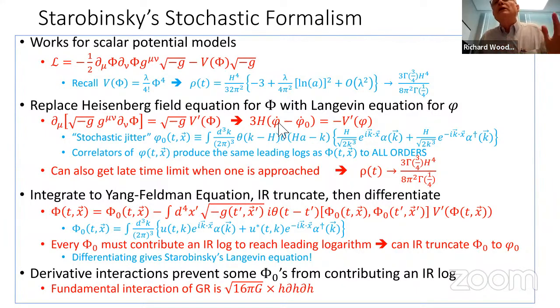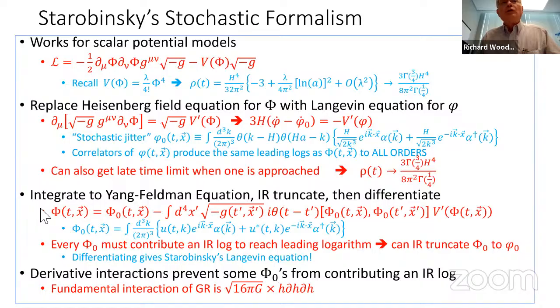So this is a completely different theory than capital phi. It's a stochastic field because it actually commutes with itself for all space-time points, but correlators of script phi produce exactly the same leading logarithms of capital phi to all order. And like I say, you can also get the late time limit when it actually approaches a late time limit. And here's that